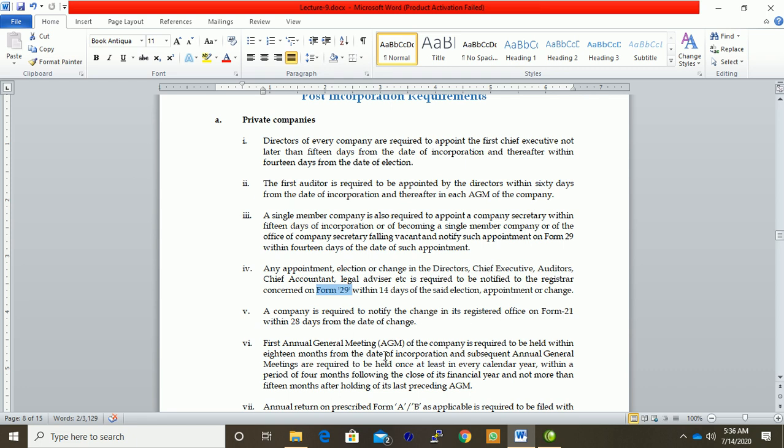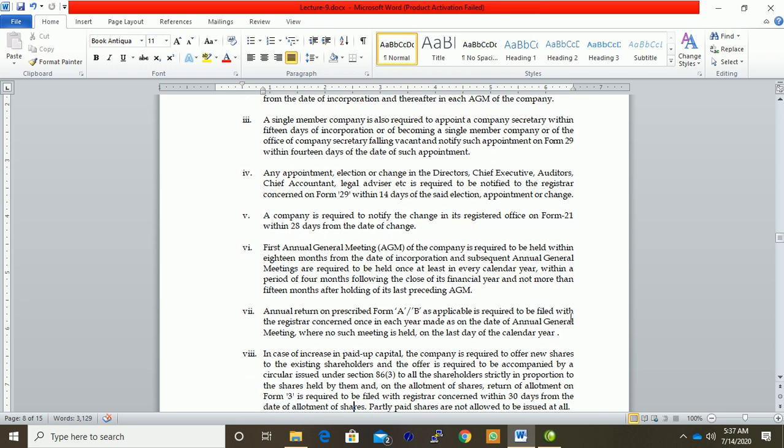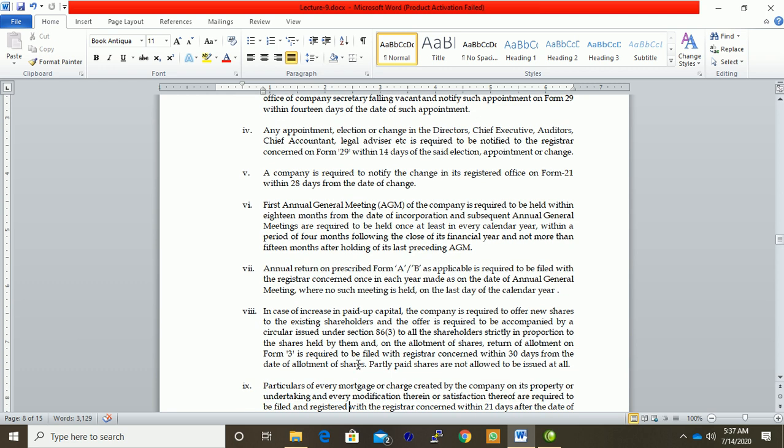The first annual general meeting of the company is required to be held within 18 months from the date of incorporation, and each subsequent annual general meeting is required to be held at least once every calendar year. Annual return on prescribed Form A and B, as applicable, is required to be filed with the registrar concerned once in each year. In case of increase of paid-up capital, the company is required to offer new shares to the existing shareholders.